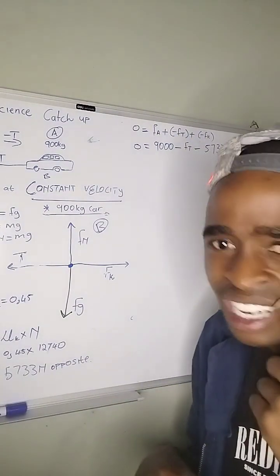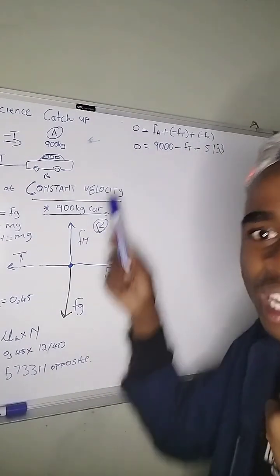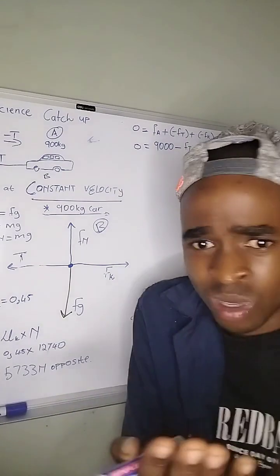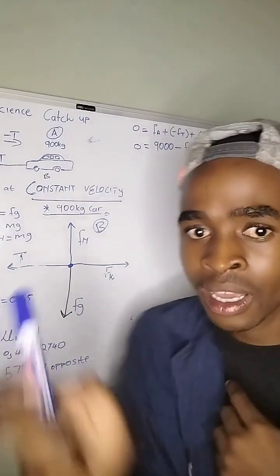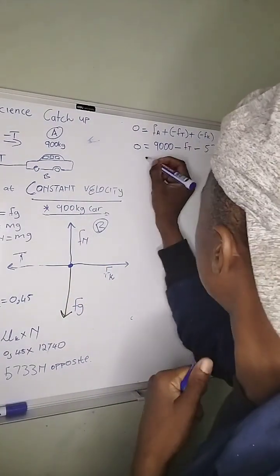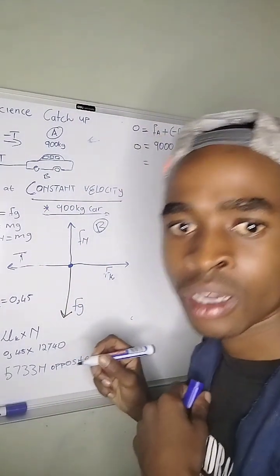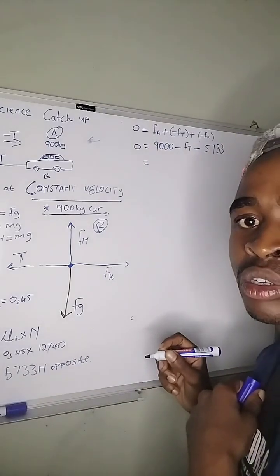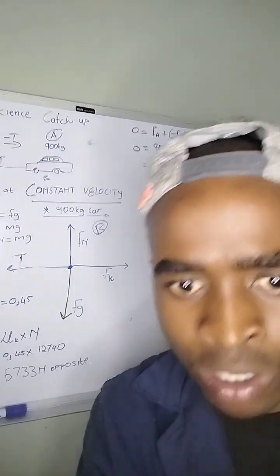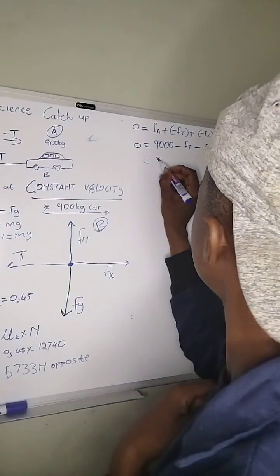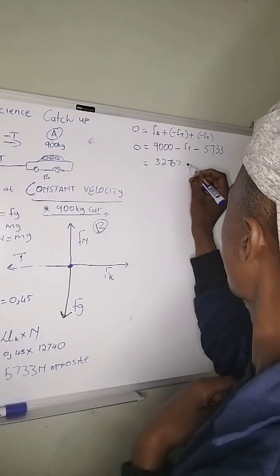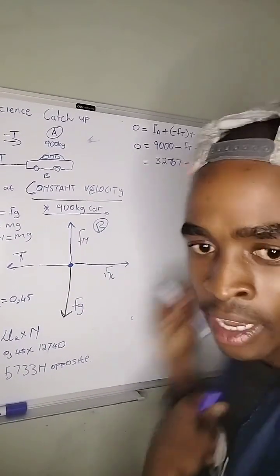Not yet simultaneous. Guys, don't rush to simultaneous. We can easily get Ft without doing any simultaneous, because remember, this is traveling at constant velocity. So what is the answer? 3,267. Thank you. 3,267 minus Ft